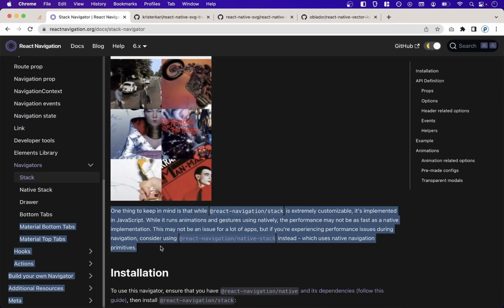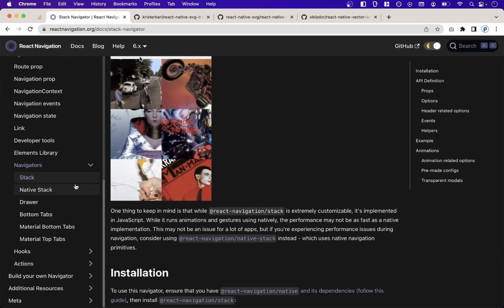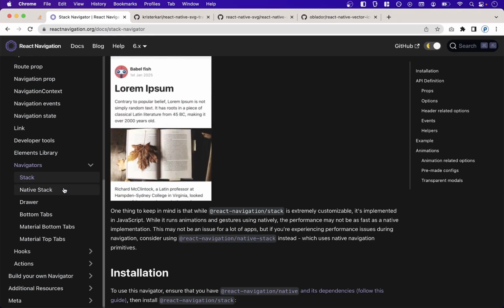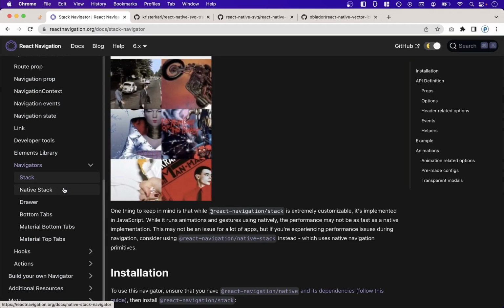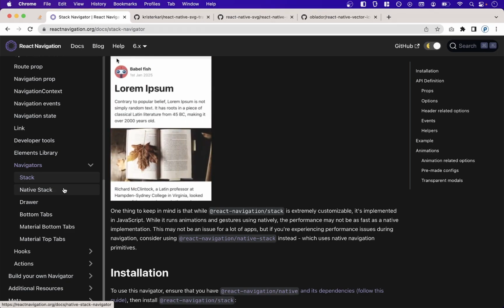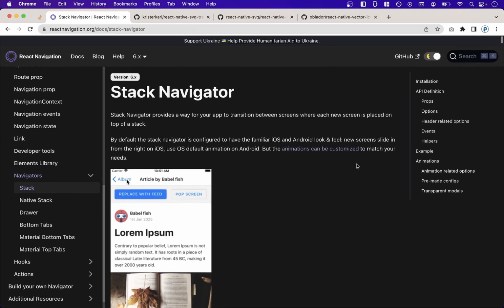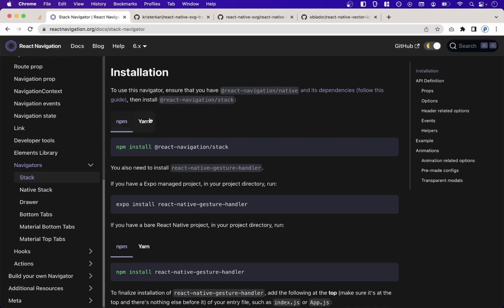So you can pause the video, read it all yourself, or just go to the documentation, read it. So basically you want to use a stack when you want to do more customization, okay? But then this native stack is just a little bit dealing more with the performance issues. So there will be fewer performance issues in case of native stack. That is it. And now we are going to go with the stack right here,